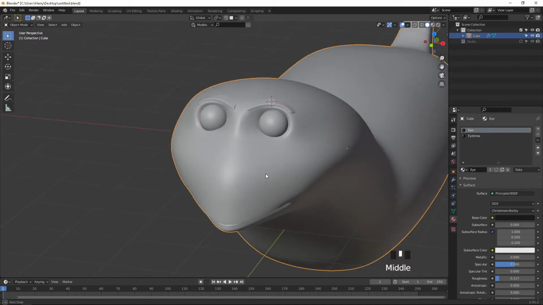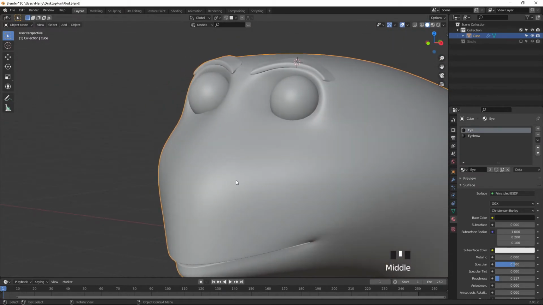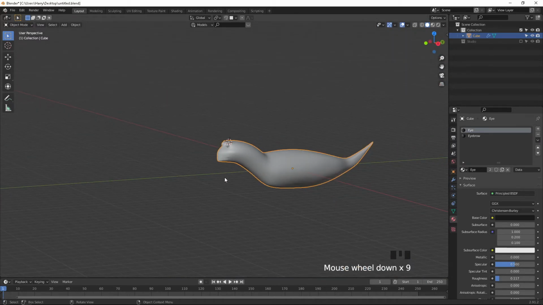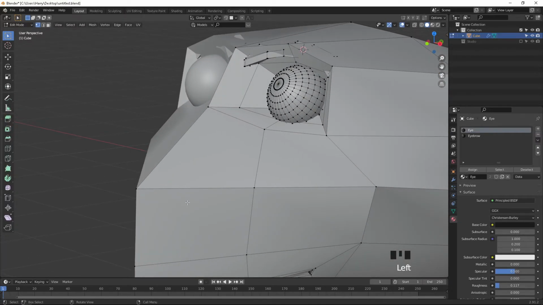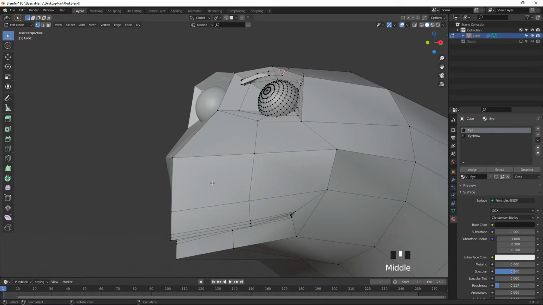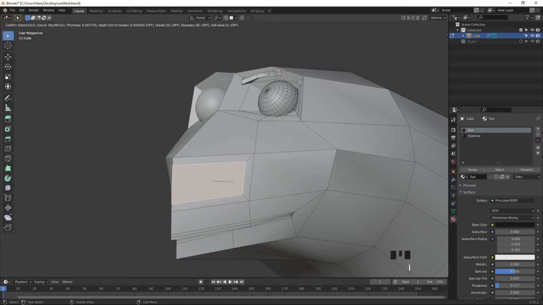So now we are going to create one nose here, a small nose. Press 3 on the keyboard, select these faces, and press I to inset. Press I once more. Sorry, Ctrl Z. Press I to inset.